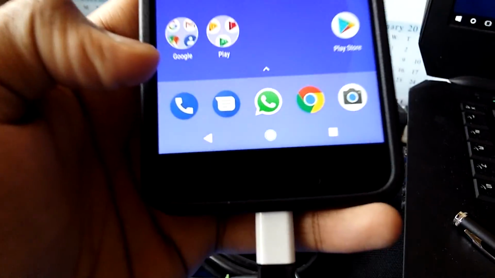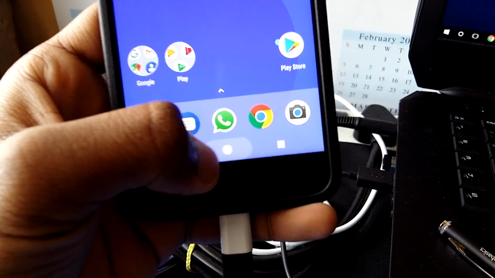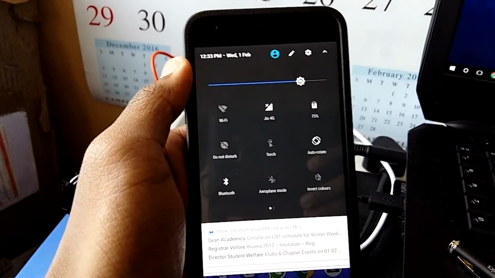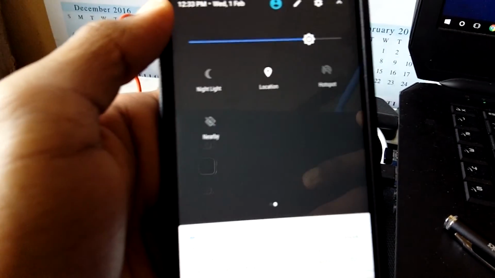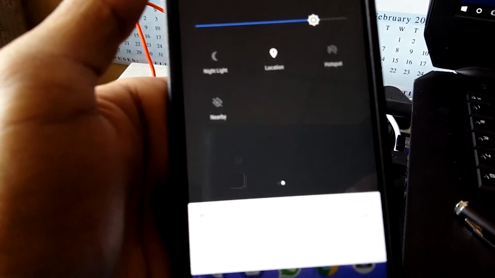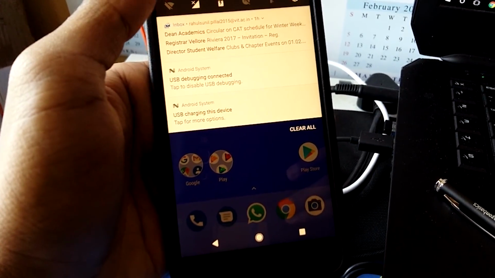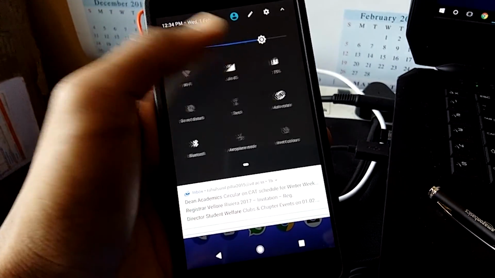And I've got the Pixel's navigation bar too, but I don't have the animation. Anyways, here's the system-wide blue theme. Also, you guys might have noticed there's a night mode over here. So there's a night light mode which is available on the Pixel. Here we've got night mode too, which makes the display kind of yellowish, comfortable for reading at night and stuff like that. So here I've got night mode disabled now.